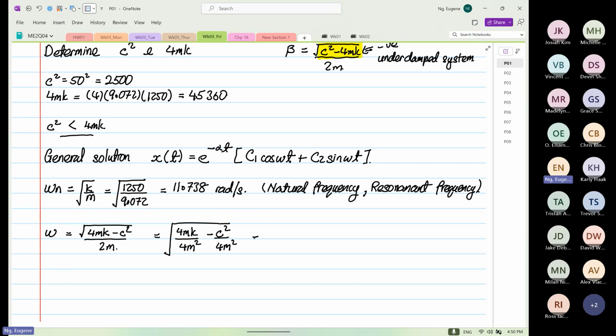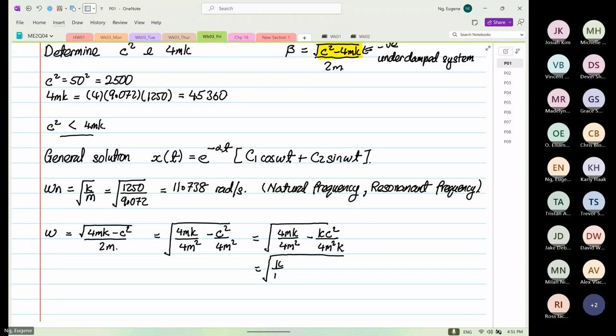I know yesterday when I was doing it, I skipped steps, so some of you are a bit confused. I will put 4mk over 4m squared, minus c squared divided by 4m squared, each multiplied by k. And why do we want to do that? Because I'm going to have a common term,